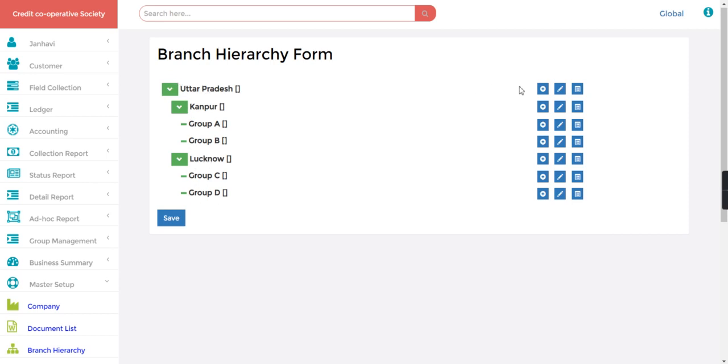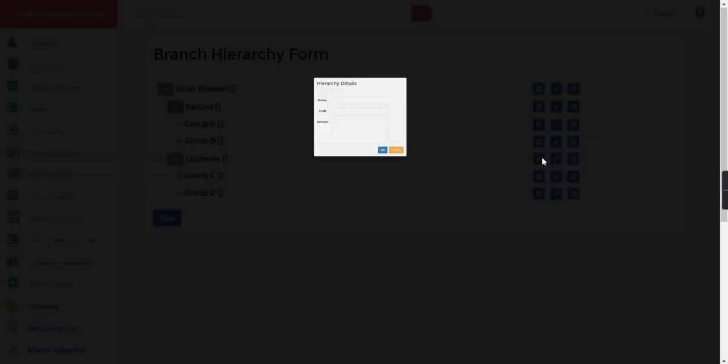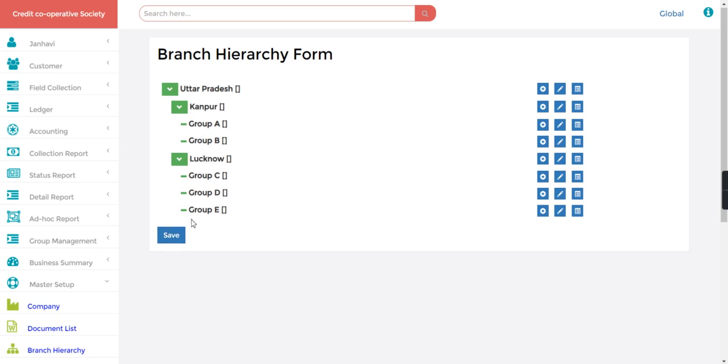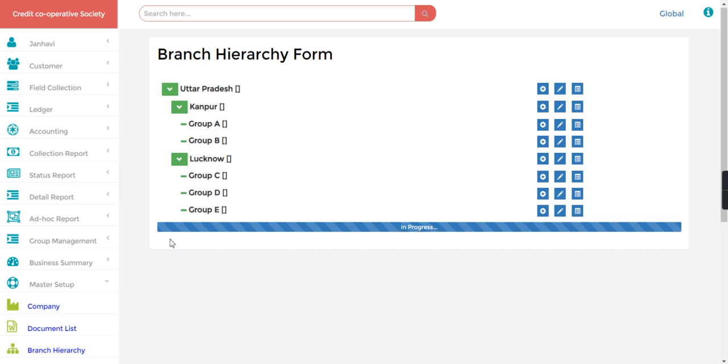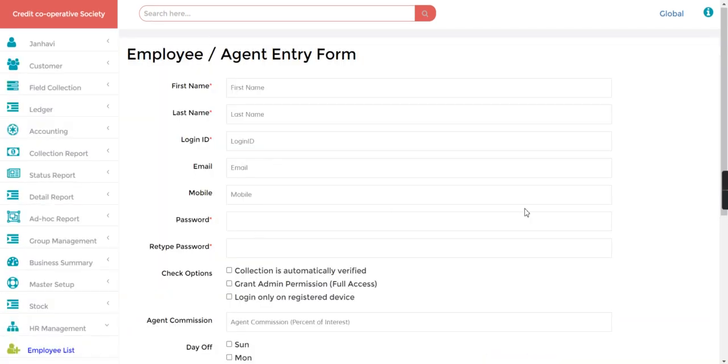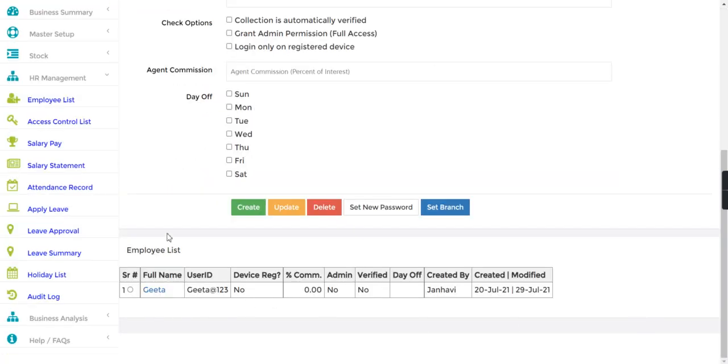For example, let's say under Uttar Pradesh, under Lucknow, I want to create group E. I just need to click here and I will create group E. Here you can see I have created group E under Lucknow, and just save. So this is the branch hierarchy, and in the HR management employee list, we have created an employee.